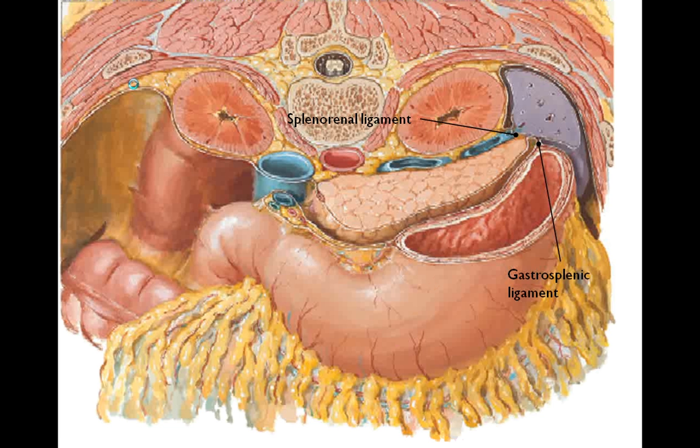The splenorenal ligament contains between its two layers, which are here and here, the tail of the pancreas as well as the splenic vessels. If we trace the layers of these ligaments, what we'll see is that the inner layer of the gastrosplenic ligament does not invest the surface of the spleen and simply continues as the inner layer of the splenorenal ligament. The outer layer of the gastrosplenic ligament invests the whole surface of the spleen, then returns as the outer layer of the splenorenal ligament to reach